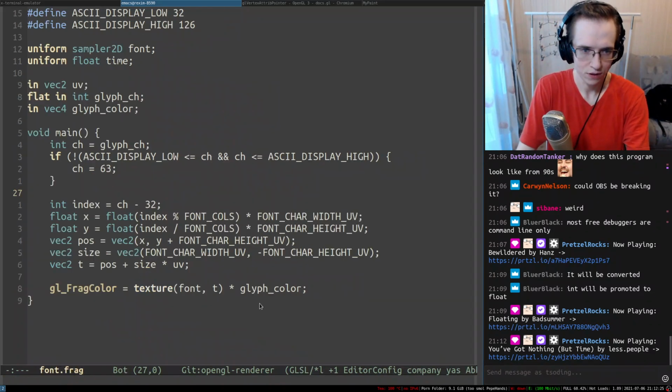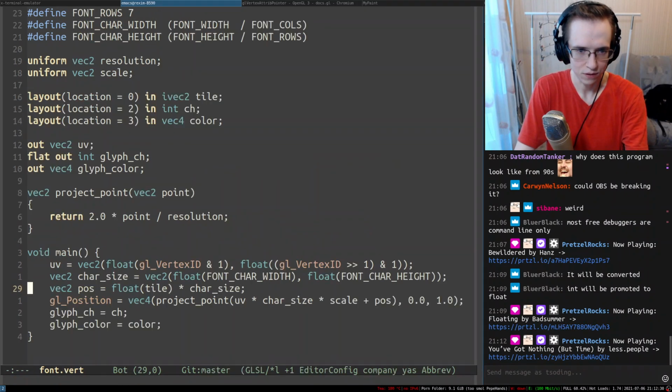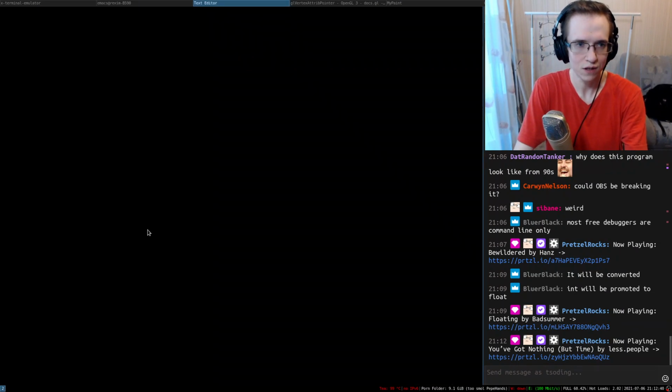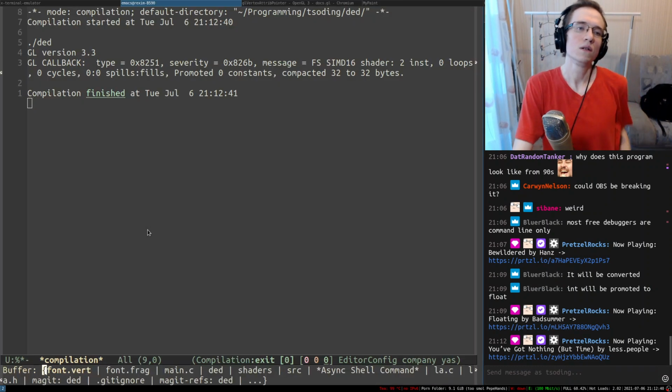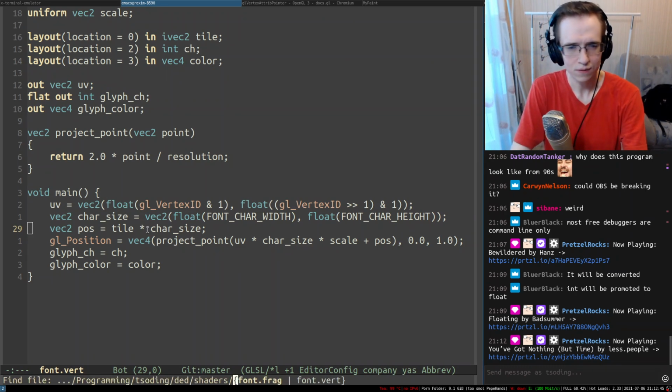Right, so now if I take a look at the fragment, I didn't modify anything in here. So in the vertex, everything is more or less fine. So maybe I should not do this kind of stuff, and it still doesn't work. Okay. I wonder, maybe RenderDoc didn't work because I was using it incorrectly.